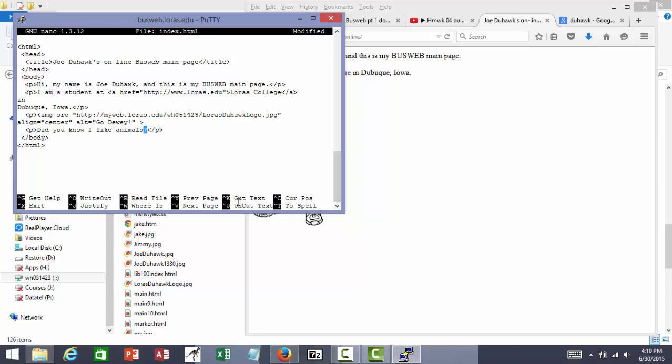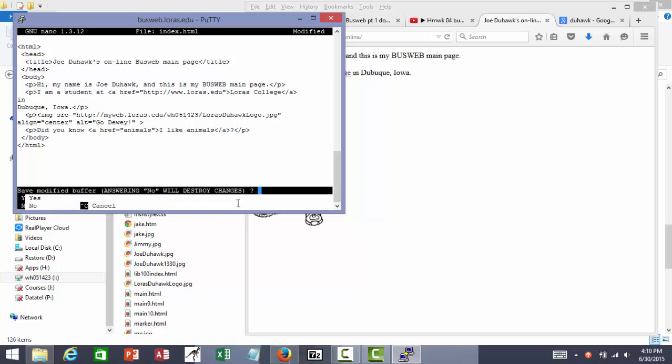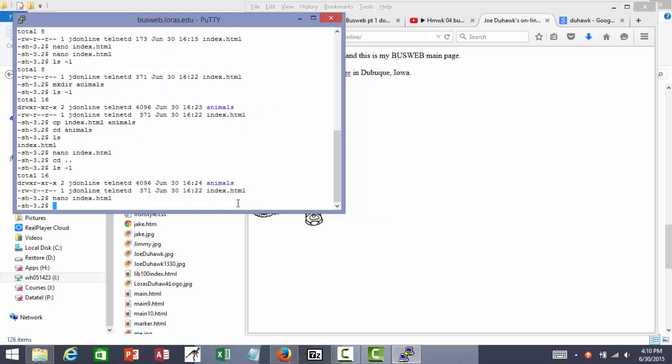And I need to make this a hyperlink. So I want to hyperlink the whole words I like animals. A href equals quote animals. That's the directory I'm going to link to. And I'm going to turn off the hyperlinking before my question mark. Save this, Control X, hit yes, hit enter,